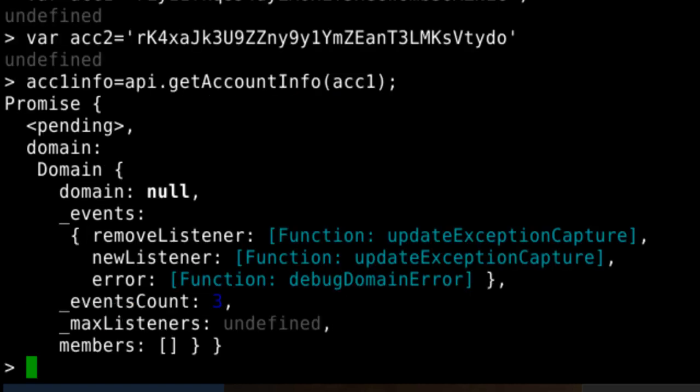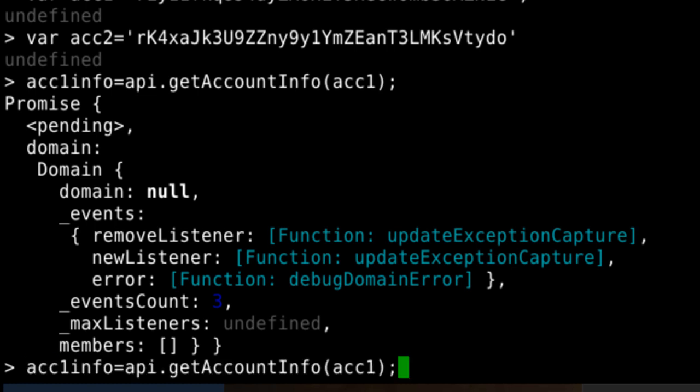Again, this is an asynchronous call. It will return us a promise. And at the same time I will say get me the account info for account 2, I will have it in ACC2 info.